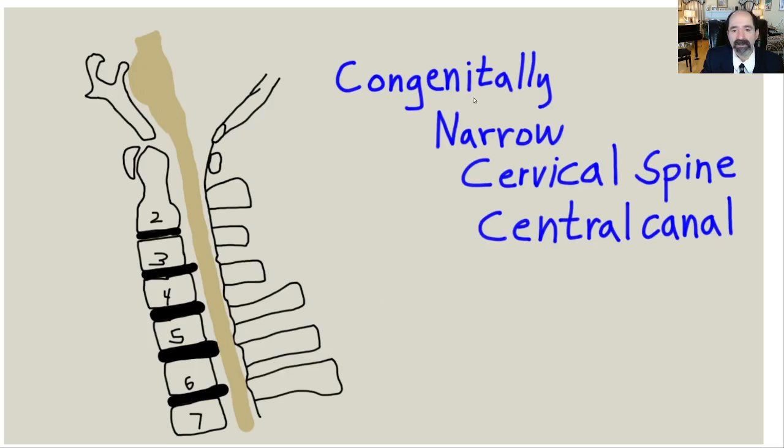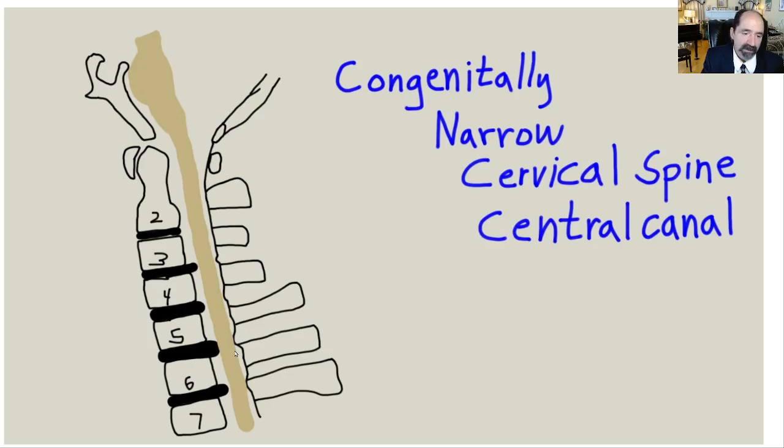Because some people have a congenitally narrow cervical spine central canal, meaning that the distance between the back of the spinal canal, the ligamentum flavum it's called, and the disc and the bone, the vertebra, is very small. So all it takes is a little disc bulge and boom, it's pushing on their cord. When the cervical spinal cord is pushed on, you can get a myelopathy. Myelo means for cord, okay? Radicular means like a root, so radiculopathy means extending out to a nerve root to your hands or to your feet. That's a radiculopathy. A myelopathy is compression of the cord,